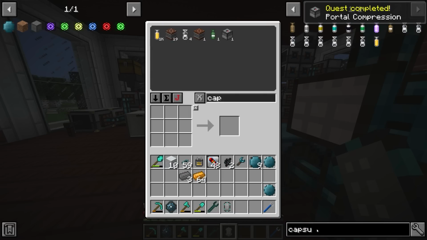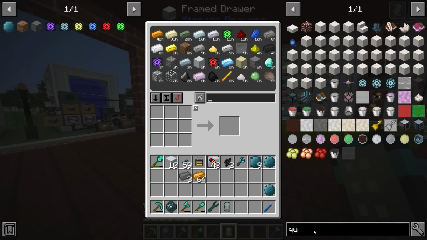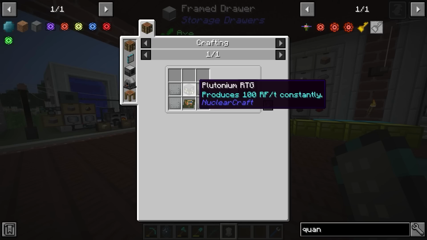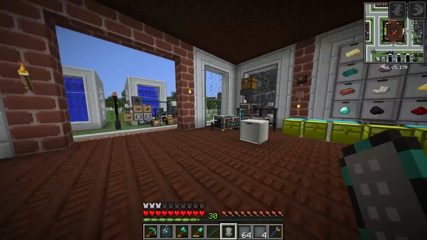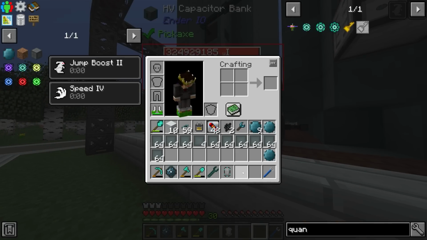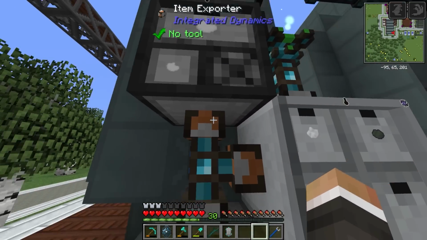And now, the final piece of the puzzle, chat, is 1,000 quantum probes. For that, we need 1,000 circuit boards. We have it. We need 4,000 plastic plates. We have it. We need 2,000 basic plating, which we don't have, but we can craft. Again, it is going to be faster if we do this inside of the integrated dynamics terminal and not in here. I think the only thing that's not kind of connected up is the plutonium. And for that, all we need to do is just move this plutonium drawer, which should be completely fine. Let me dump all of this back in the system. Let's take...